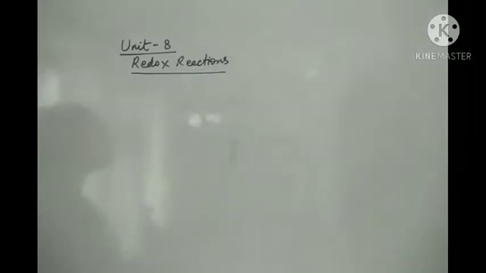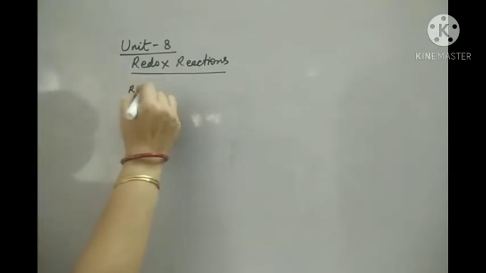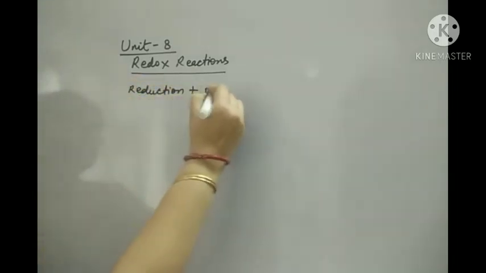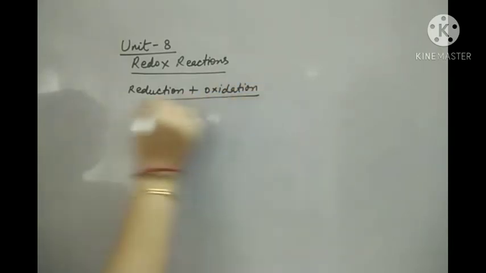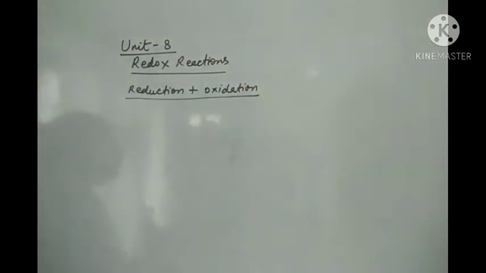Now let's begin with the next unit of our syllabus, unit number 8, redox reactions. The word redox is made up of two things, reduction plus oxidation. Reduction plus oxidation together is known as redox. So what are redox reactions? Redox reactions are those in which reduction and oxidation occur simultaneously. Simultaneously means together. So those reactions in which both the processes are occurring together are known as redox